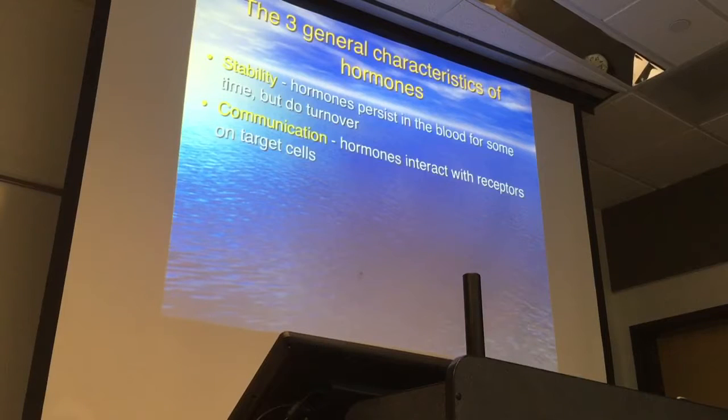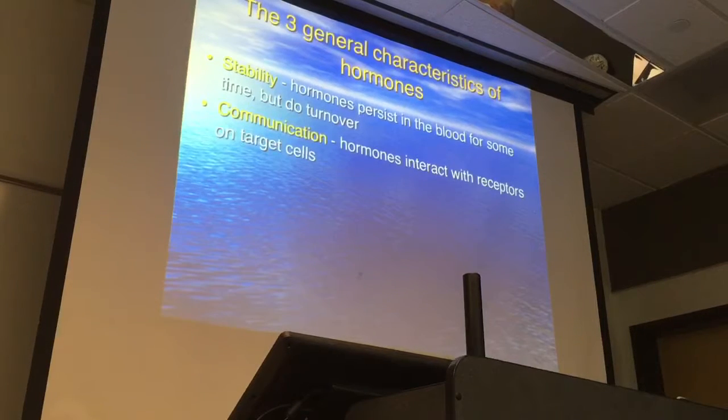Stability. All hormones have to be stable in the blood for a while. Some last longer than others, but they have to be put into the bloodstream, the definition of hormone. And then they have to persist for a while so they can produce their effect. Some last for minutes, others last for hours or days in the bloodstream. Communication. Hormones have to interact and stimulate certain cells, the target cells. And those target cells have to have receptors for that hormone. The reason they're target cells and they're affected by the hormone is they have a receptor for it. Other cells in your body that don't have a receptor aren't